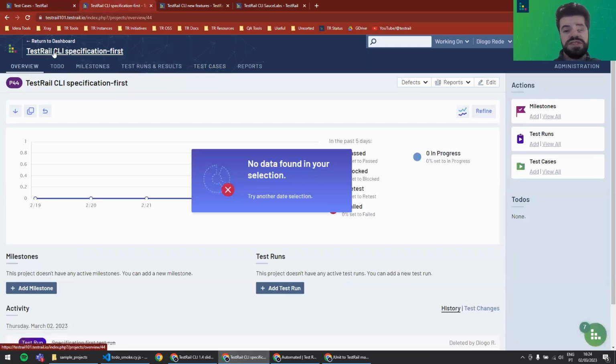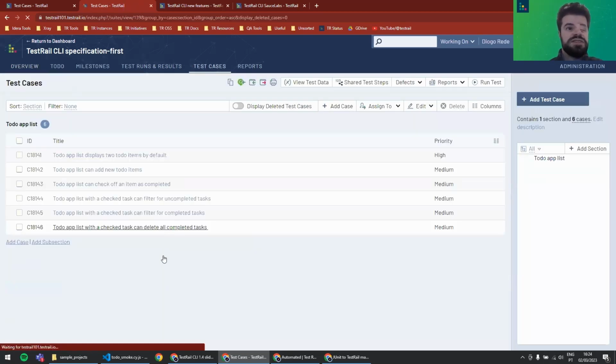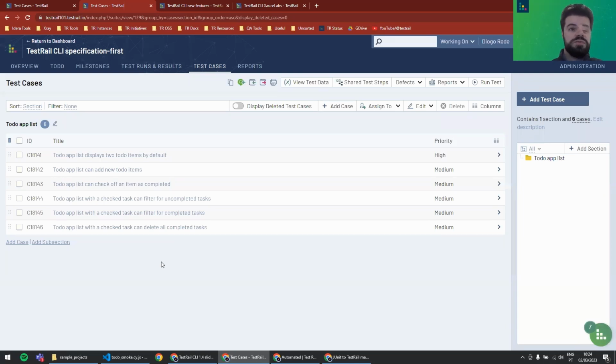Now on the new approach, what we are going to do is see our project in TestRail. So I have this TestRail CLI specification-first project. And if I come to my test cases, I can see that, okay, I already wrote my test cases here. I didn't map it to anything in the automation code yet, but I don't want to recreate, I don't want this test to be duplicated. I don't want to add the automation ID because I need to go copy paste stuff